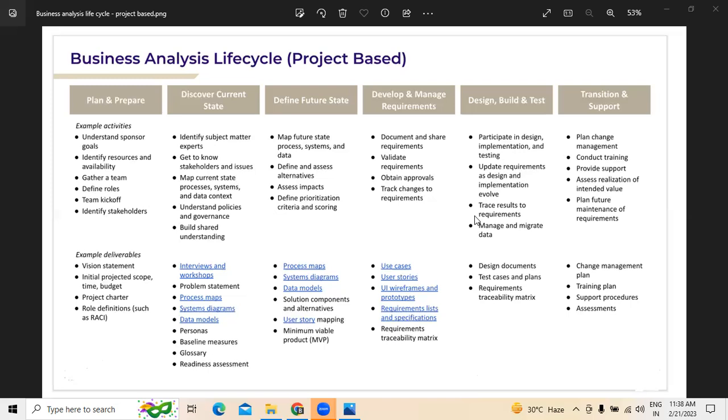In order to do this defining of future state, we have to create some process maps as well as system diagrams, followed by the data models. At the same time, user story mapping will also be done when you follow agile practices. Normally in the traditional model, as a business analyst, we don't prepare user stories. But now that we are going for an agile environment, we are using user story mapping,